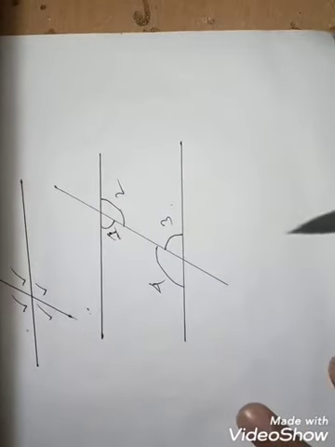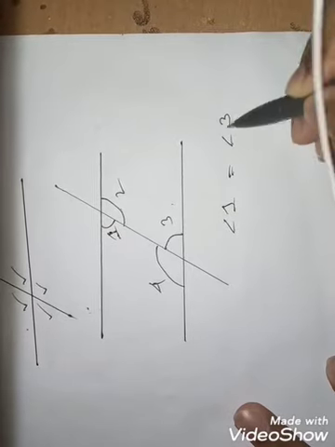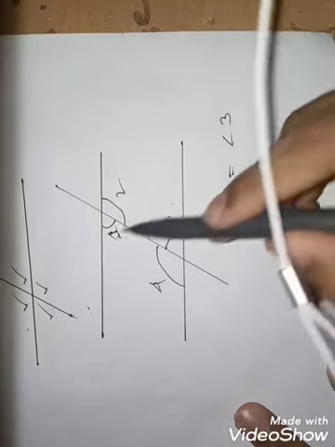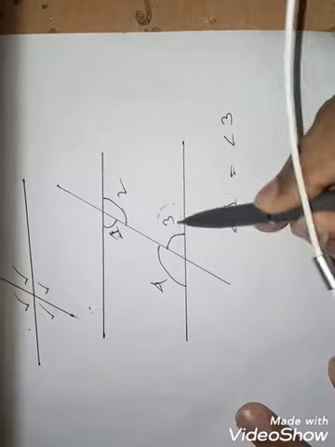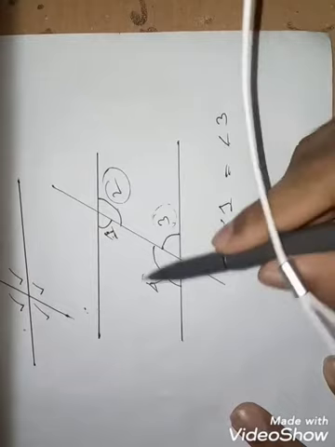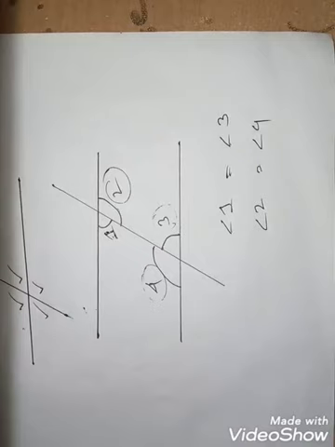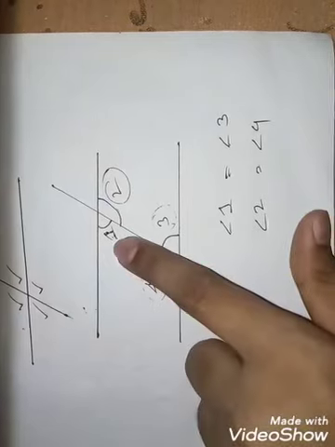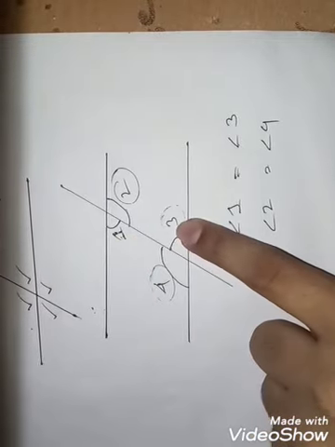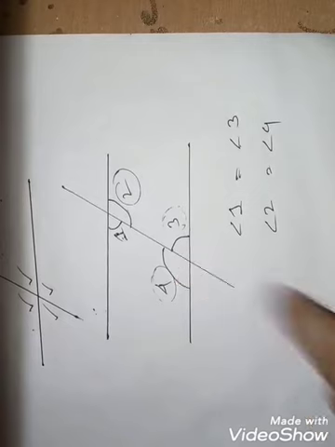So we can say angle 1 is equal to the alternate angle 3, and angle 2 is equal to the alternate angle 4. Hope you know this. Alternate angle 1 is equal to alternate angle 4. Alternate angle 2 is equal to alternate angle 4. Well,